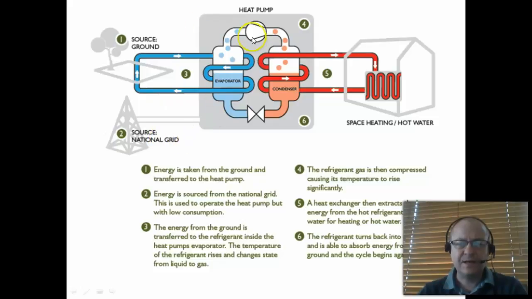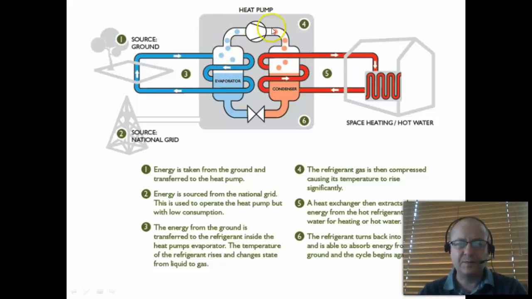In section 3, the energy from the ground is transferred to the refrigerant inside the heat pump's evaporator. So this will be your ground loop going outside, and then you'll have your refrigerant, which is the blue bubbles converting to red liquid in here. So your refrigerant will be inside your heat pump. So the heat that's taken from your ground loop is transferred into the refrigerant in the evaporator section, and as that heat is transferred into the liquid in the evaporator, it starts to boil and forms a gas,